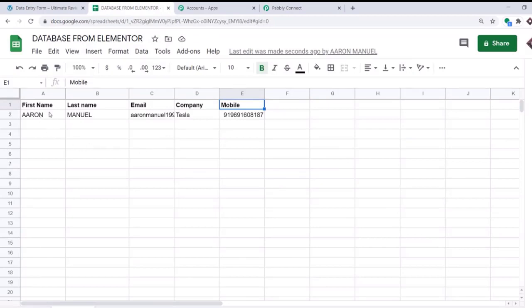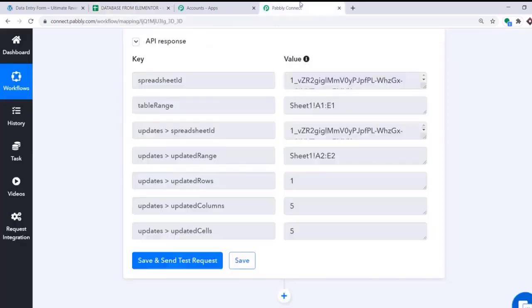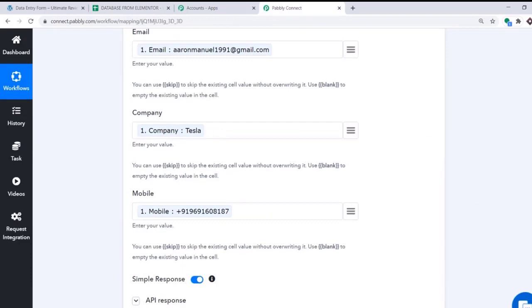Okay, so we have the first name, the last name, the email. So this is the email. Okay. Then this is the company and this is the mobile. Excellent. So the presence of this data in Google Sheets shows that we have successfully integrated Elementor and Google Sheets with the help of Pabbly Connect. So how about we double check if our integration is working fine or not. But before we do that, let me take you to Pabbly Connect and let me explain the whole mechanism